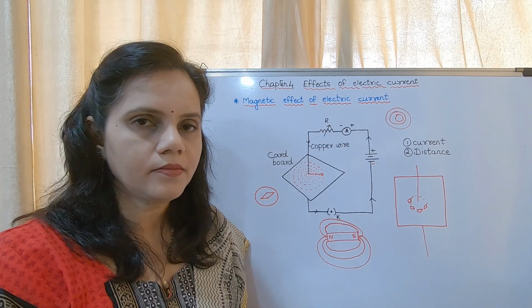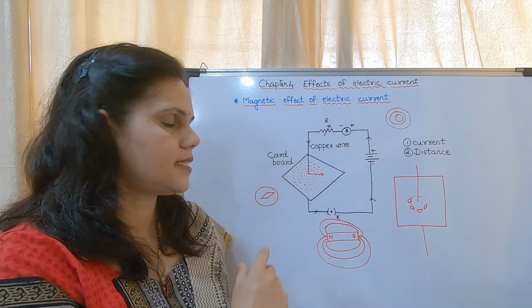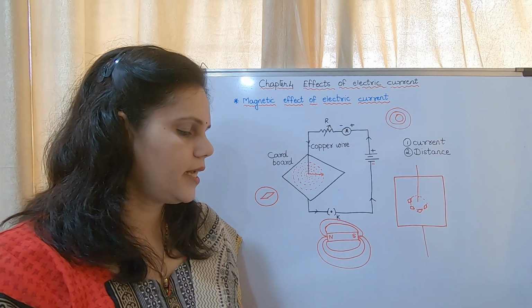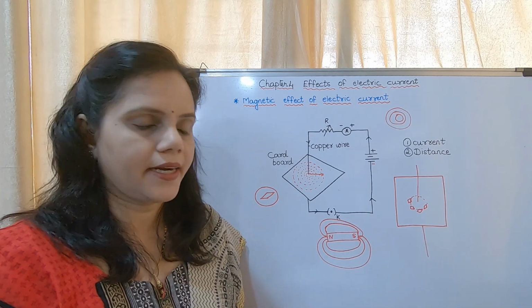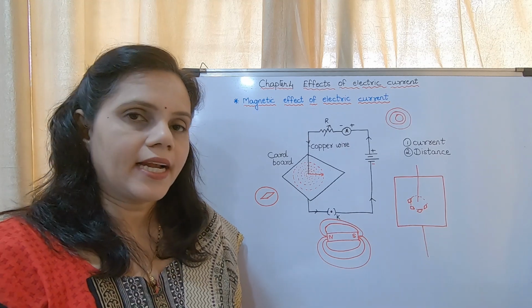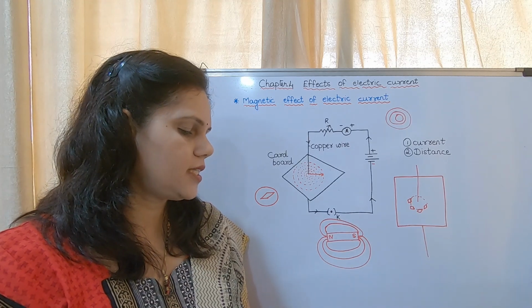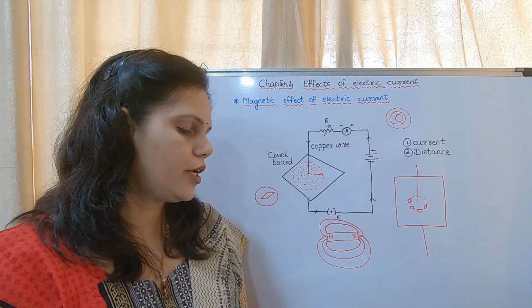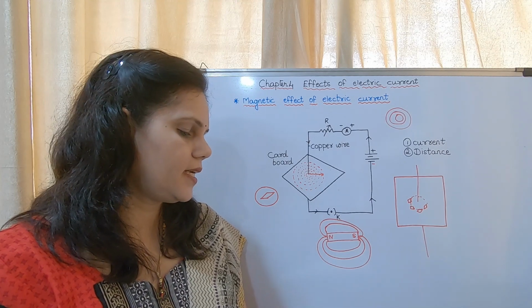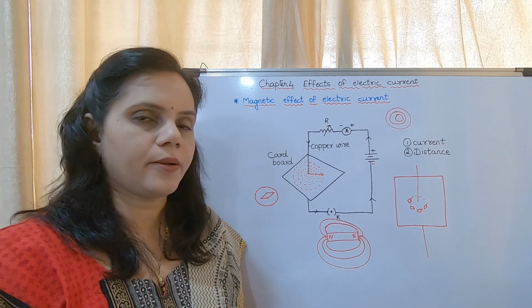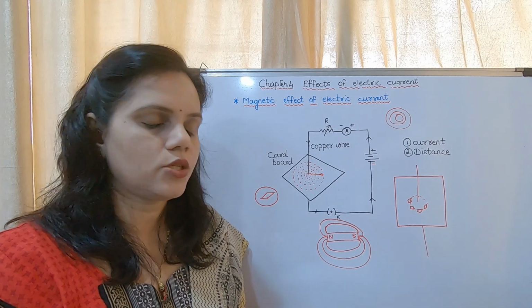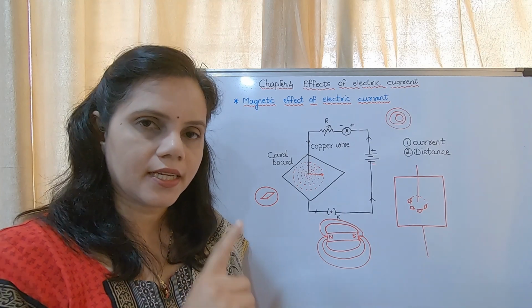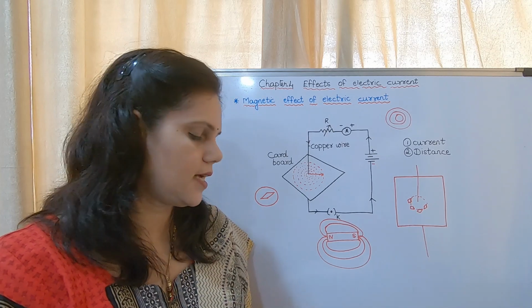Have you understood? So this is the experiment. On the left hand side, there is a paragraph. Second last paragraph. What changes are caused by increasing or decreasing the current? What do you see when the magnetic needle is kept a little away from the wire? These are the questions which are asked. The answer is there in that box. You may write that as the answer.